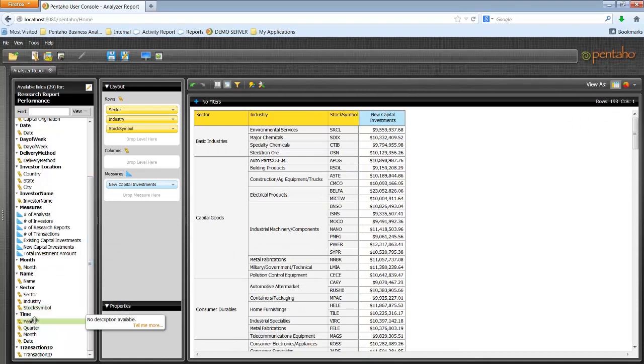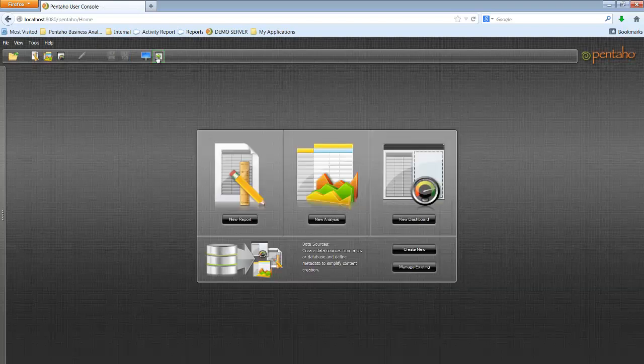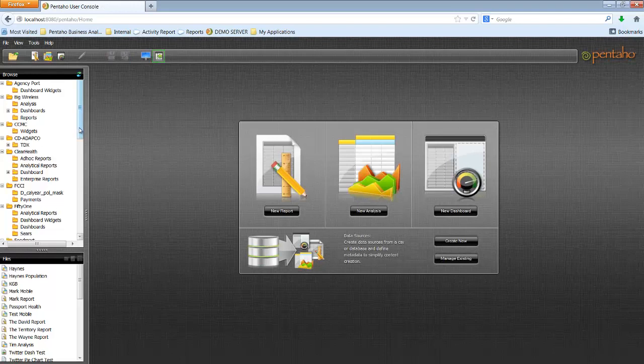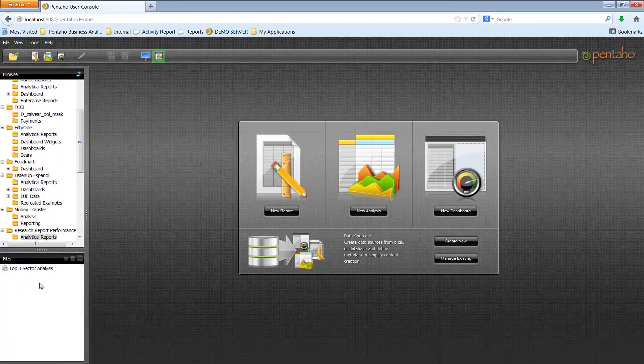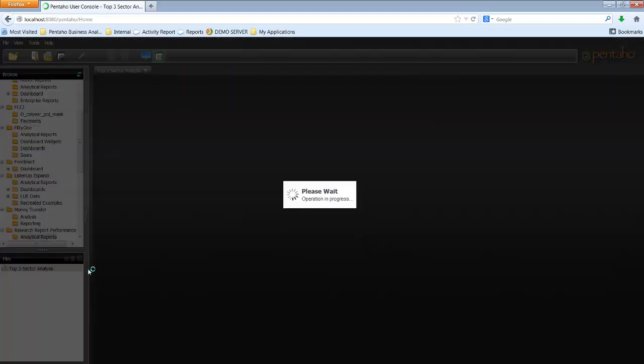Likewise, as I mentioned, we could look at some time dimensions as well. Let's take a look at some completed reports here. For example, I have an analysis report that takes a look at the top three sectors. So we want to analyze the top three sectors